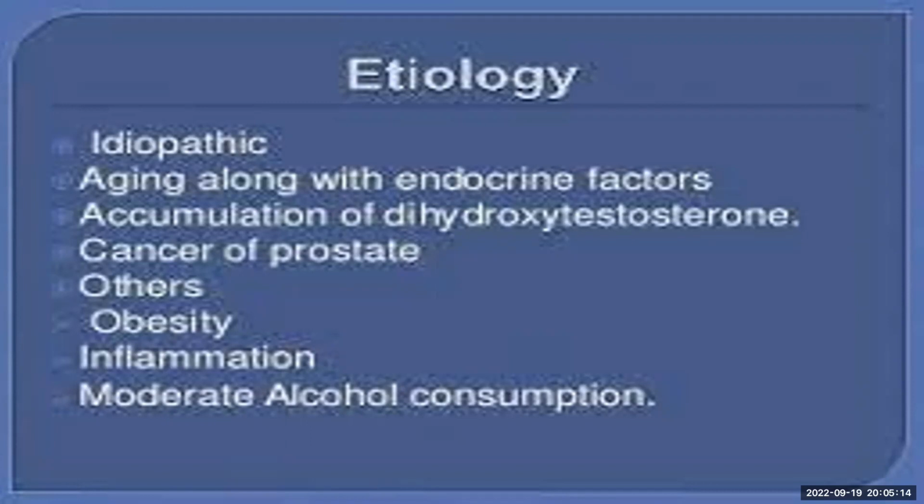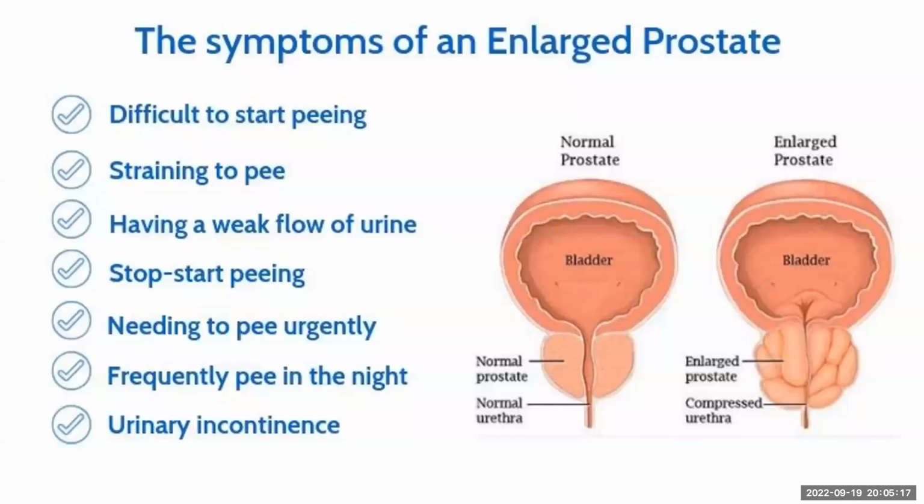what are the clinical features, of course: there will be dribbling of urine, difficulty in passing urine, straining while peeing, and a weak flow of urine. Then frequency at night. The main thing is frequency at night and urinary incontinence. The first drug of choice is what? We'll give Urimax, that is tamsulosin, just a smooth muscle relaxant. When the smooth muscles are relaxed, we will be able to